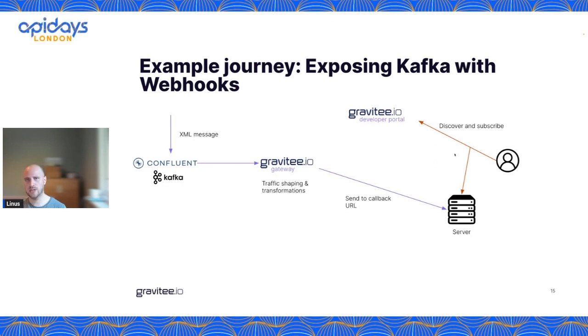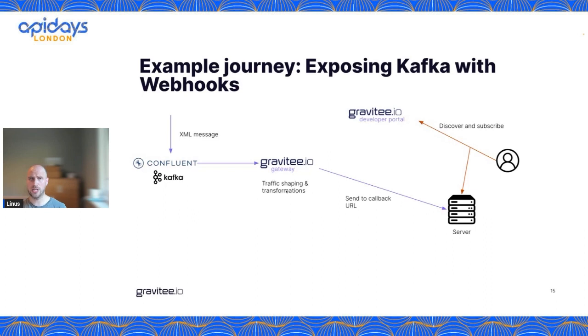So they are going into the portal, they're finding this webhook API in this particular case. They're saying, yes, I want this sort of data and I want it sent here to my server. Then of course, someone needs to go in and approve that subscription as you would with those sort of use cases. But then once everything is approved, there will be a runtime flow that the gateway is controlling where any new message on the Kafka broker that has the right filter, has the right security based on the subscription